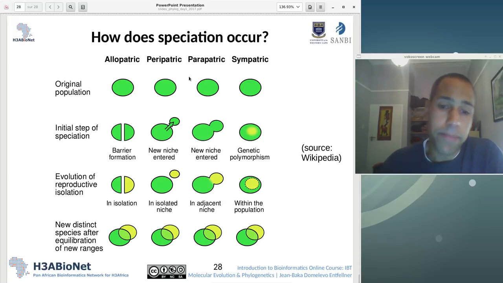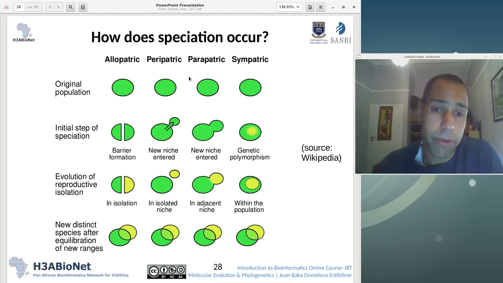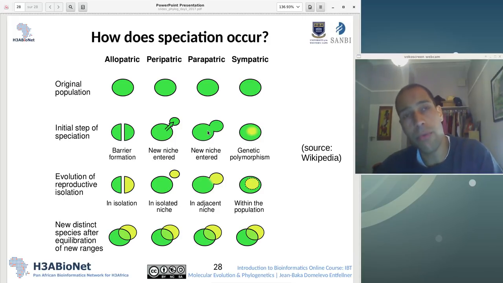Parapatric speciation is a phenomenon where there is no clear boundary between the two niches. I think a classical example of this is in plants. Sometimes it happens that you have polyploidy. So individuals come to life with a 4X genome instead of a 2X genome. Instead of a diploid genome, they have